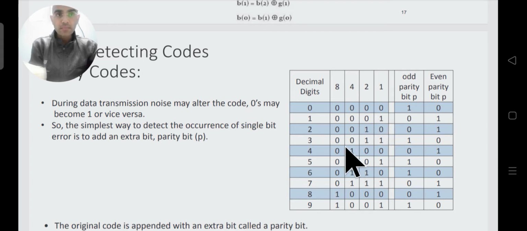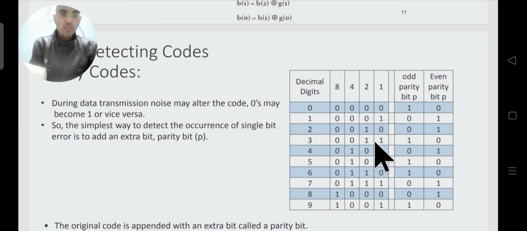Similarly, let us check it for another code. Say we have transmitted 3 as a decimal digit in 8421 code. In 8421 code the number will be 0011, and we want to include the odd parity for it, so the number of ones should be odd.